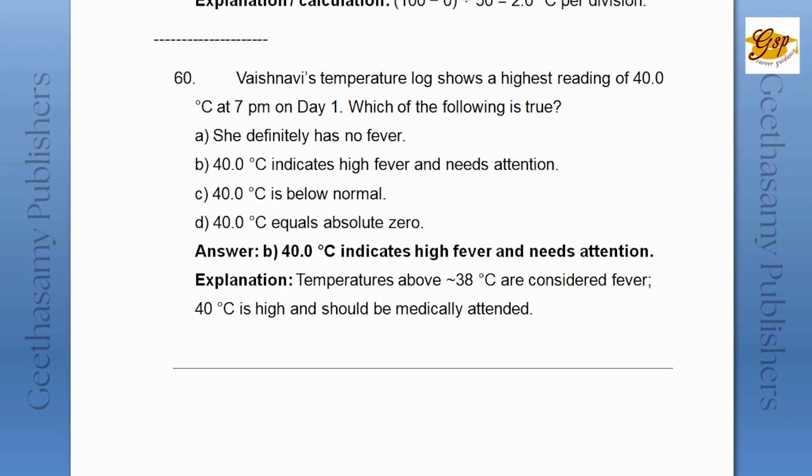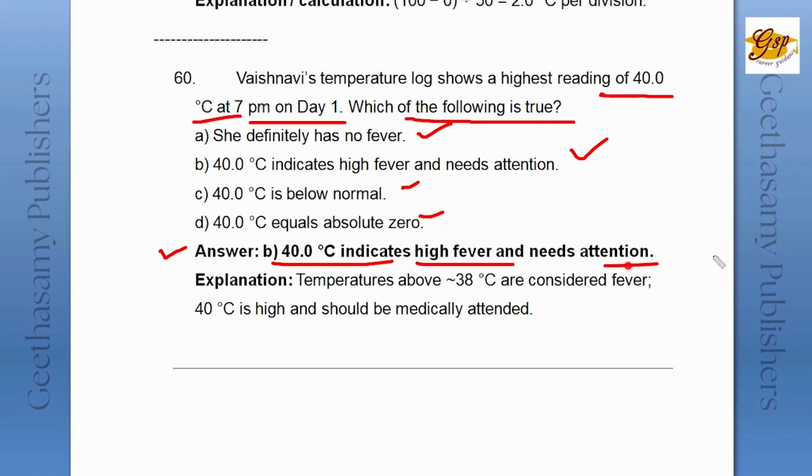And finally, the last question of the chapter. Vaishnavi's temperature log shows the highest reading of 40 degrees centigrade at 7 p.m. on day 1. Which of the following is true? She definitely has no fever. 40 degrees centigrade is high fever and needs attention. 40 degrees centigrade is below normal. 40 degrees centigrade equals 0. The answer is that 40 degrees centigrade indicates high fever and needs attention. So the explanation is temperature above 38 degrees is considered a fever and 40 is high and should be